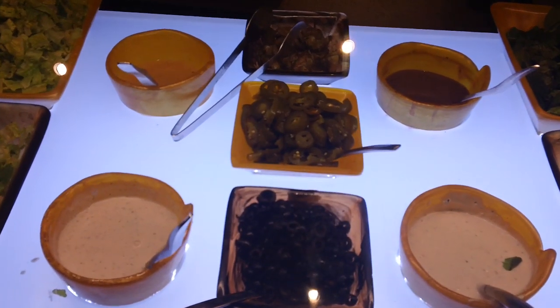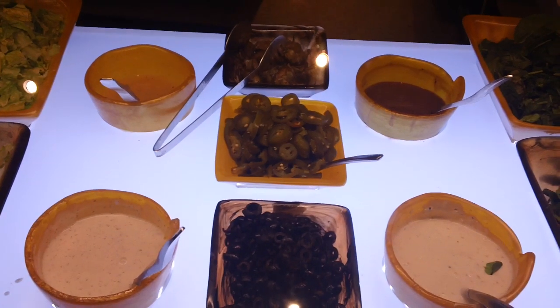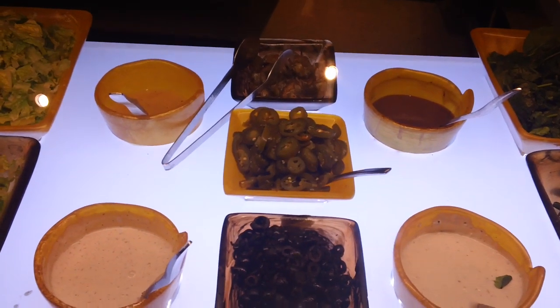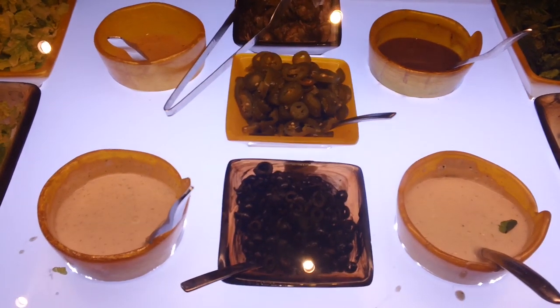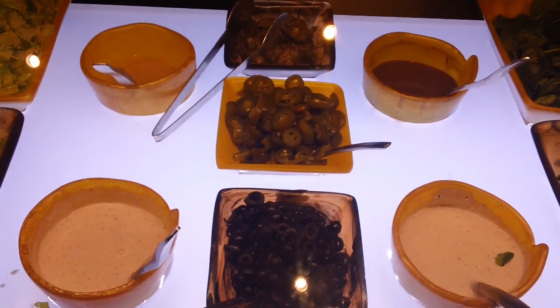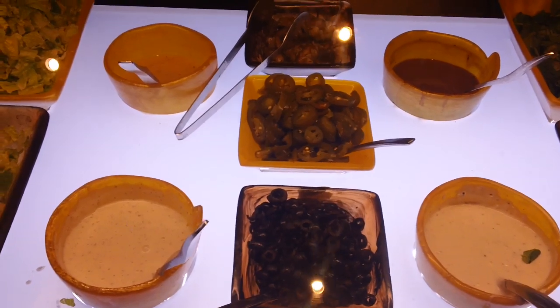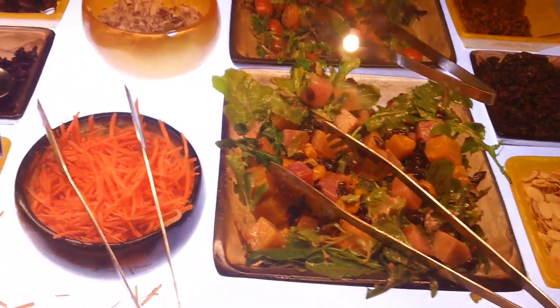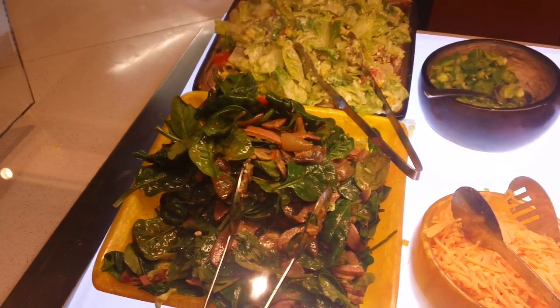You know, they don't come from those cheap cans where it's all water or bad oils. To me, they taste like real fresh artichokes, which have been cooked and marinated, let's say in-house. Probably not in-house, I don't know, but you know, they're not coming from a can or a tin. It's really, really important. And that characterizes the quality of this buffet. Now, you've got your traditional, which is very nice, Caesar, very nice,